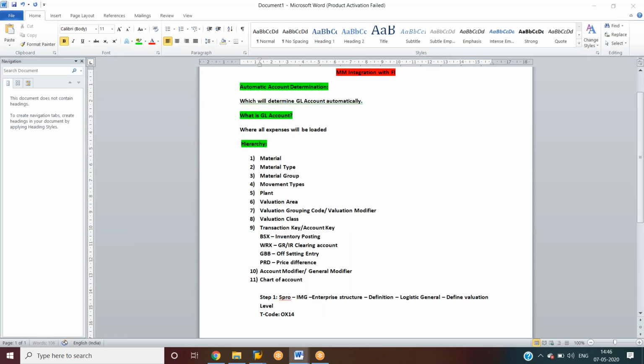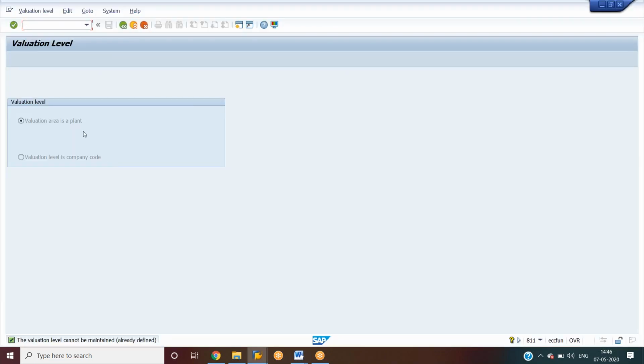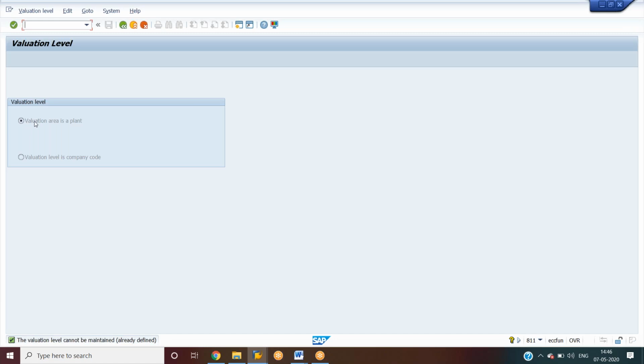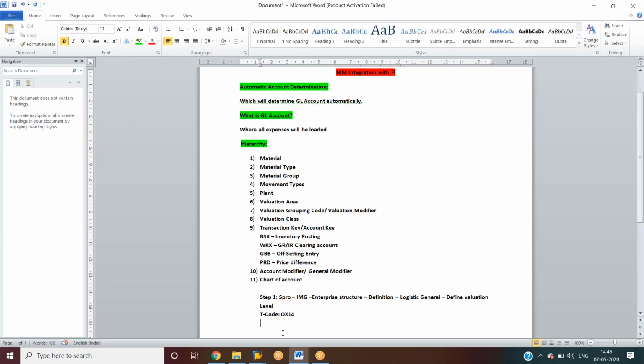OX14. Here what we have to do is maintain the valuation area at plant level or else at company code level. See here, it is selected at plant level. If we activate it at plant level, what will happen? For example, we have one company code, 1000.